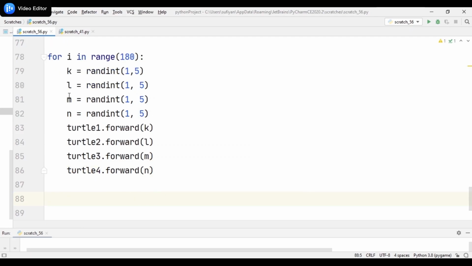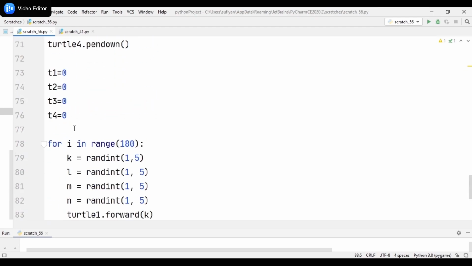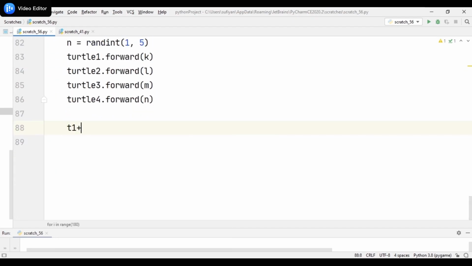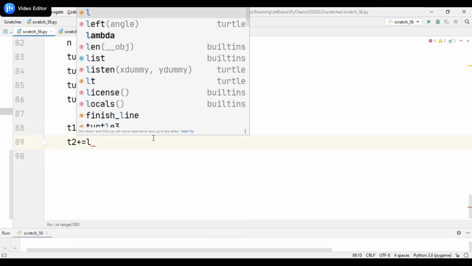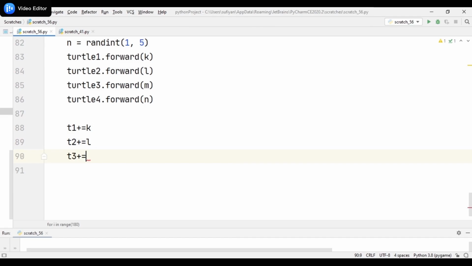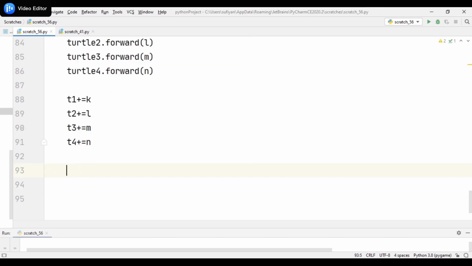Then we will store the values of k, L, M and N in the variables T1, T2, T3 and T4 respectively. T1 plus equal to k, T2 plus equal to L, T3 plus equal to M, and T4 plus equal to N. Then we will define some conditions.